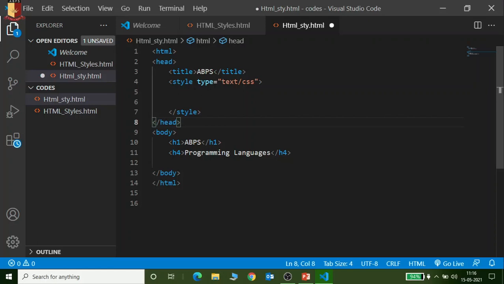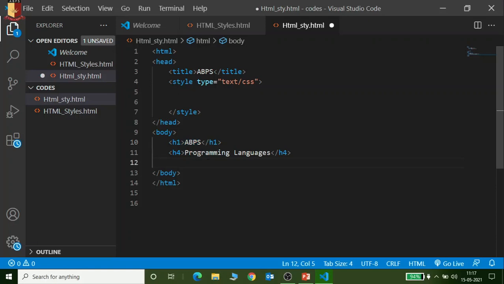Okay, so just check, style I mentioned, type text, CSS. Now what we have to do here, we'll make some color style for a particular tag, maybe paragraph or heading or whatever. Just check what we have taken here, heading.